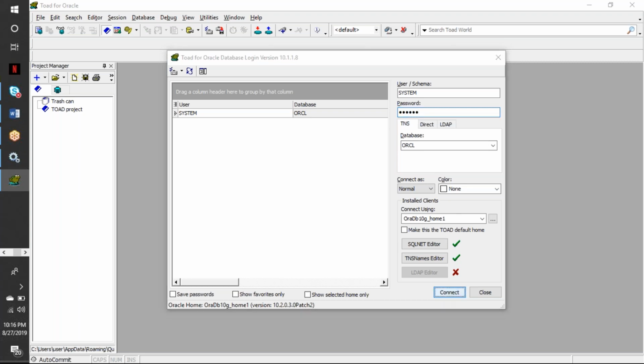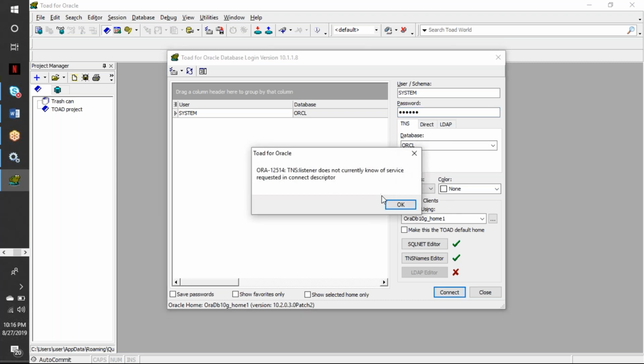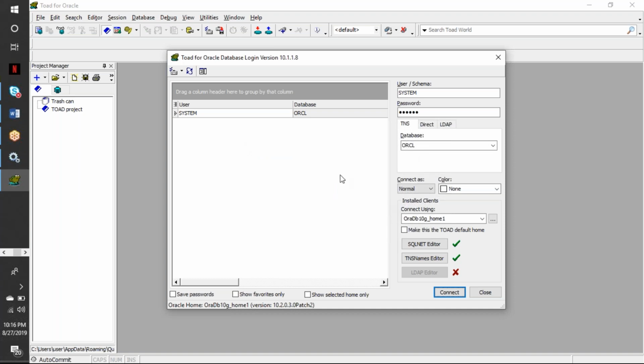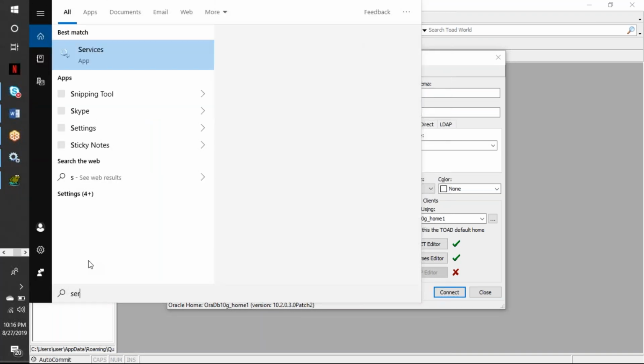Click on connect. The error says it doesn't currently know the service requested in the connect descriptor. So again, the same TNS listener service. Now click on OK. Again, go to the services.